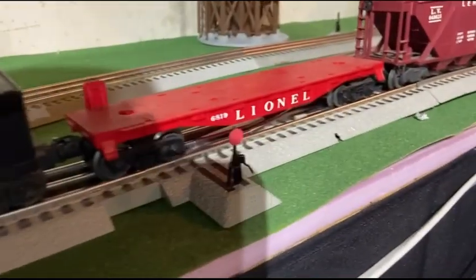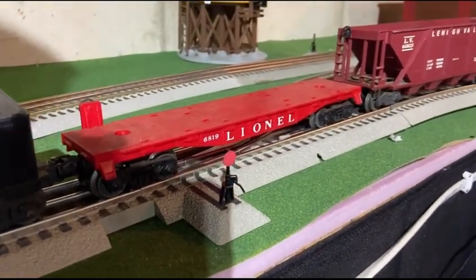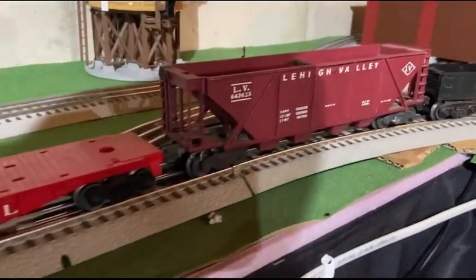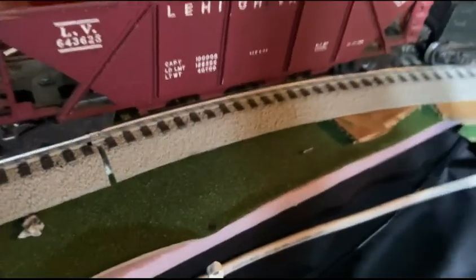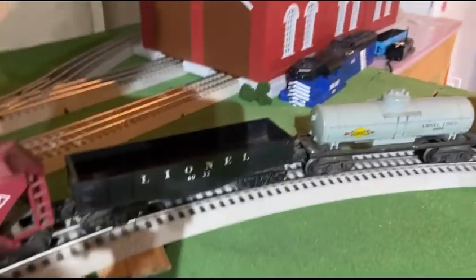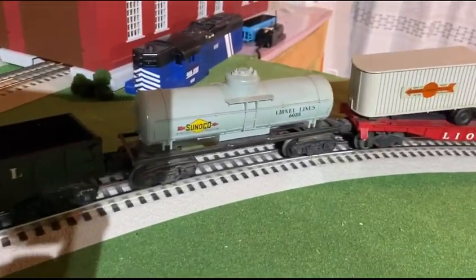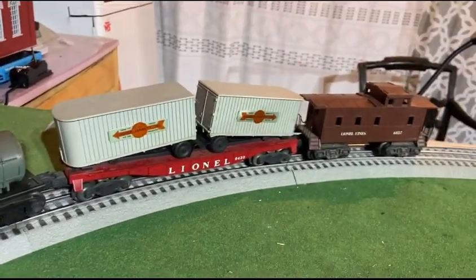Right here we got a Lionel flat car. Very nice. You can put some trailers on there or a little bit of stuff. And the Lehigh Valley coal car. I know it's pretty dusty, guys, but see if there's anything in there. There were coal particles in it, but I took them out. I cleaned it off. We got a Lionel gondola car, a Sunoco tank car, which I really like, a flatbed trailer, and a Lionel Lines